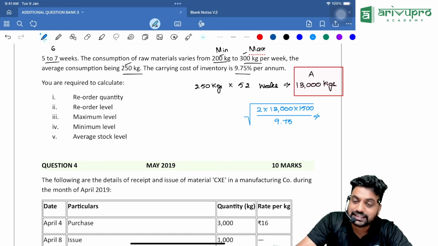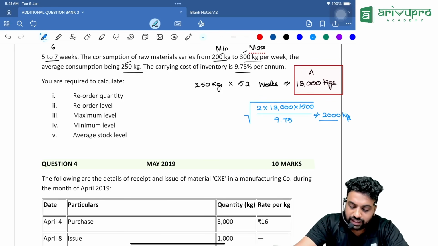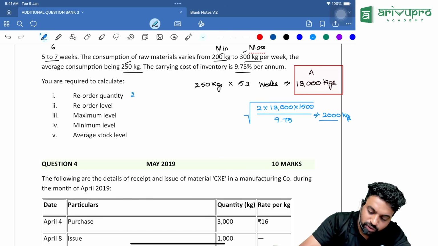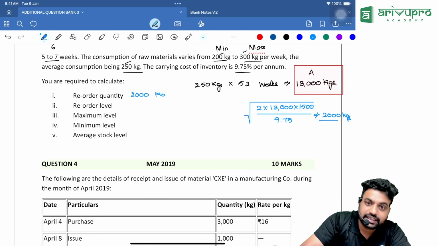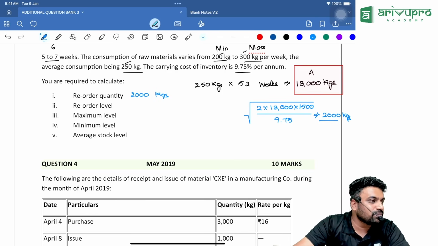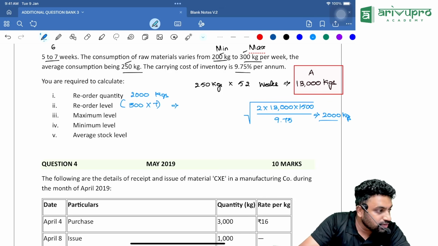So EOQ is 2000 kgs. Our EOQ is 2000 kgs. EOQ itself will be the ROQ over here. 2000 kgs. Is that clear? Next they are asking ROL. ROL is nothing but maximum consumption into maximum reorder period. Now, maximum consumption we are getting as 300 per week and maximum reorder period is 7, which will come to